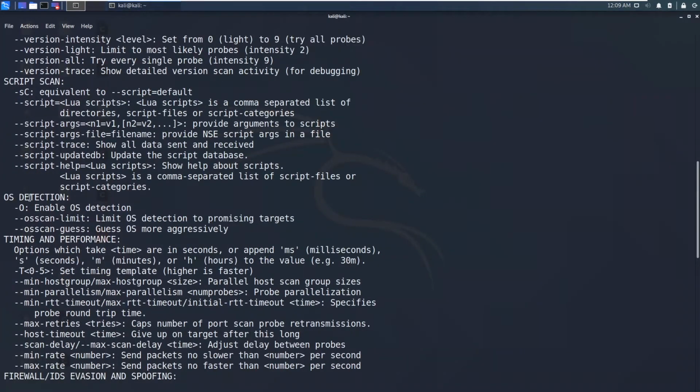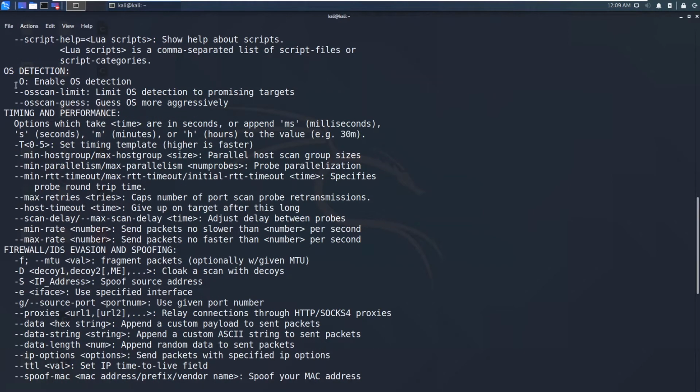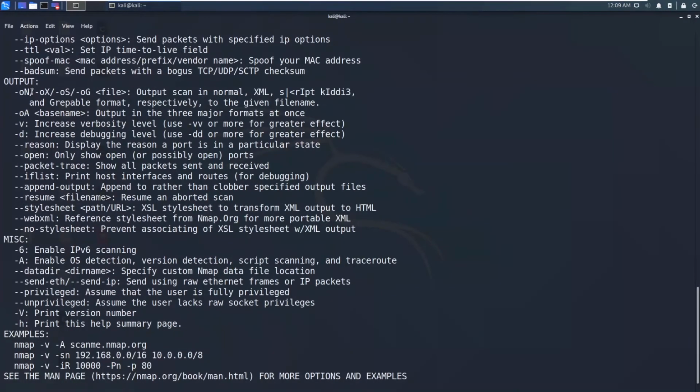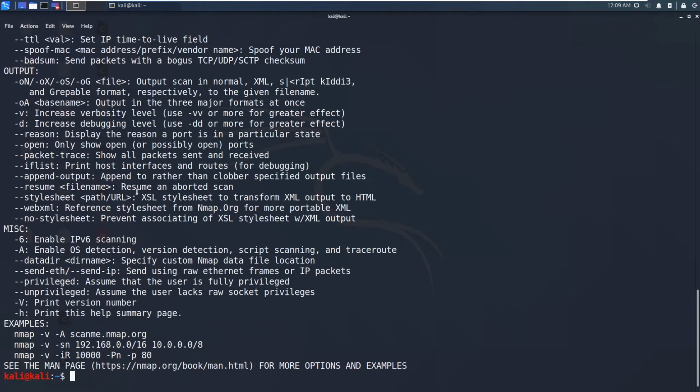And we can also detect what OS is running on the target computer, but it will not be 100% accurate. It just guesses based on the network packet delay or some other network properties. So these are the options, you can check them out. We can also save the output in all formats like XML, grepable, Nmap, and normal text format. The grepable format we can use with the grep command to grep out IP addresses and port numbers. So here are a few examples.